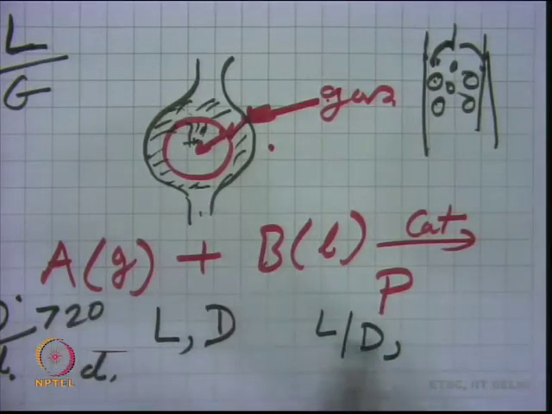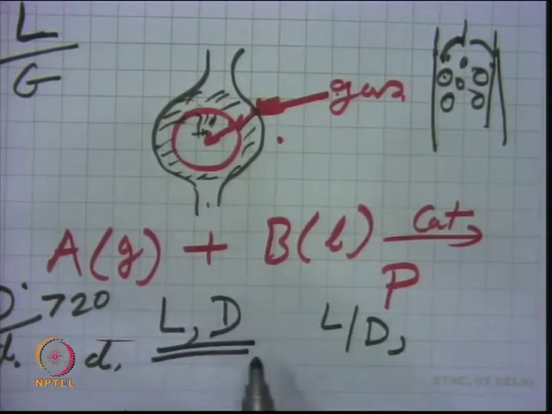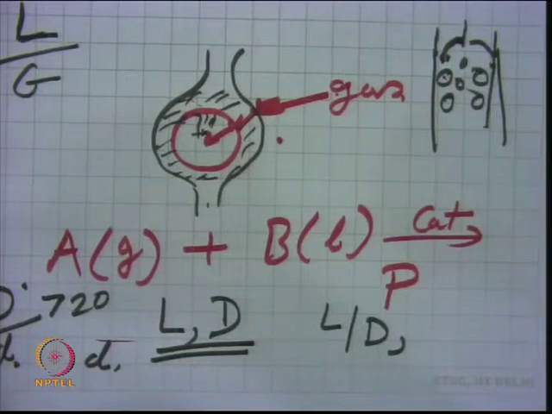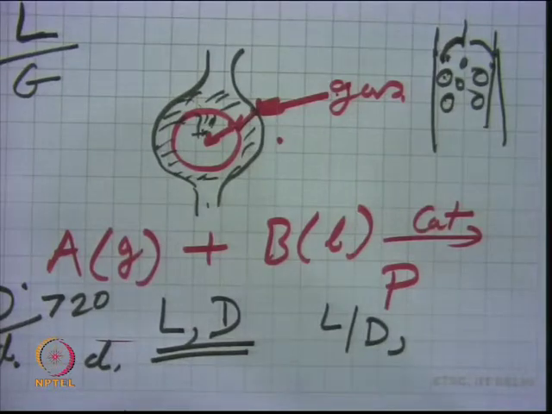And same thing, because you know the plug flow conditions, if you want them, then you need to have a larger L by D ratio. So, more than 30, more than 40, more than 50. That kind of L by D ratio is desired. So, this needs to be controlled.